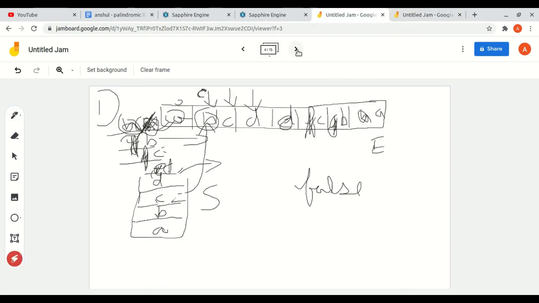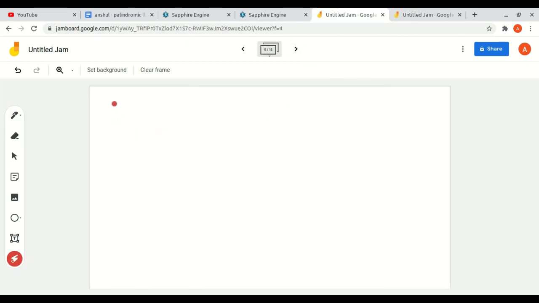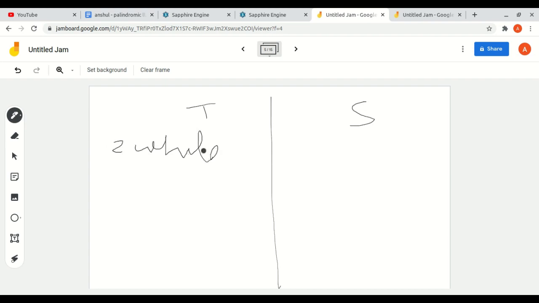So let's discuss its time complexity and space complexity. As there are two while loops, one while loop consists of a slow pointer from start to end, and the second consists of a head pointer from start to end.